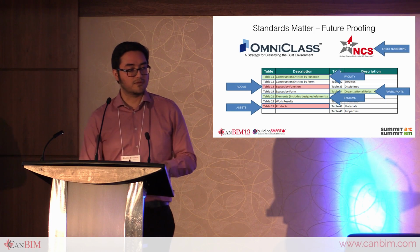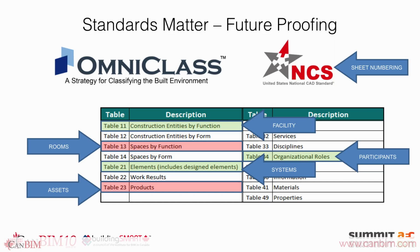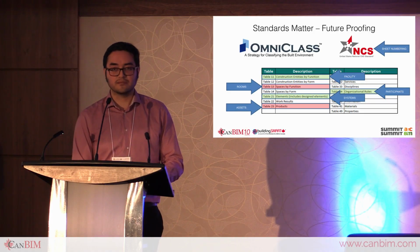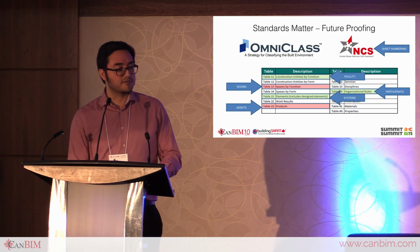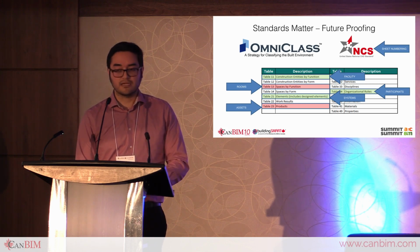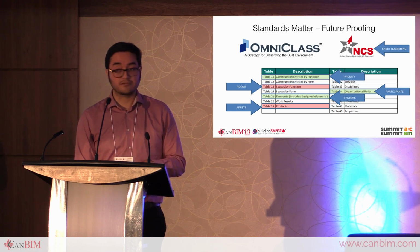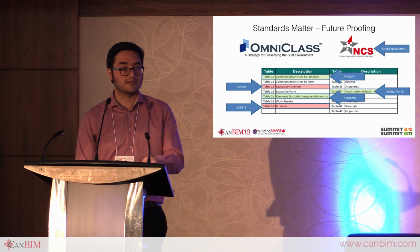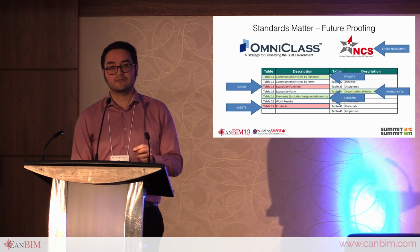And some of the things that you can do and look at are things like OmniClass, which is an international standard for organizing many different things. So here below you can see listed some of the tables that have been developed. Not all of them are developed to the same stage. Some of them are still more in draft form, but some of the key ones are, and the ones that we have implemented and try to push the industry towards, are things like OmniClass Table 23 for products, so that those tracked assets basically can have a standardized naming,